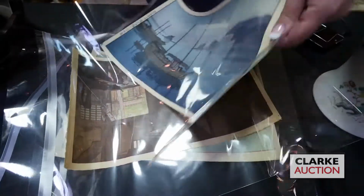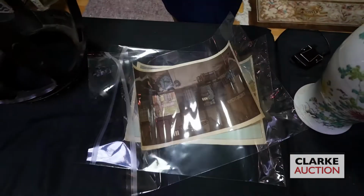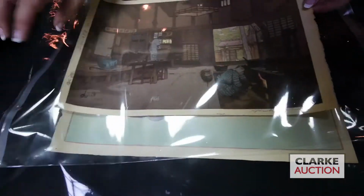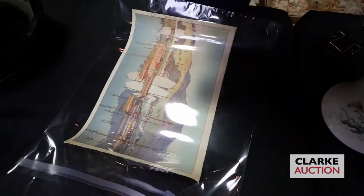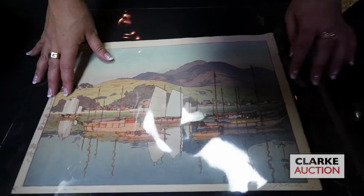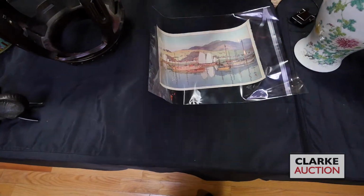Next one here, just so you can get a look. And these are all, this is titled Three Little Islands. These are all grouped together at 1,000 to 1,500. Again, Hiroshi Yoshida woodblock print. This is titled Farmhouse. And last but not least, of course, they're all upside down, I apologize, Hiroshi Yoshida. And this is another beautiful woodblock print, and all are together from Dobbsbury, and they are estimated at 1,000 to